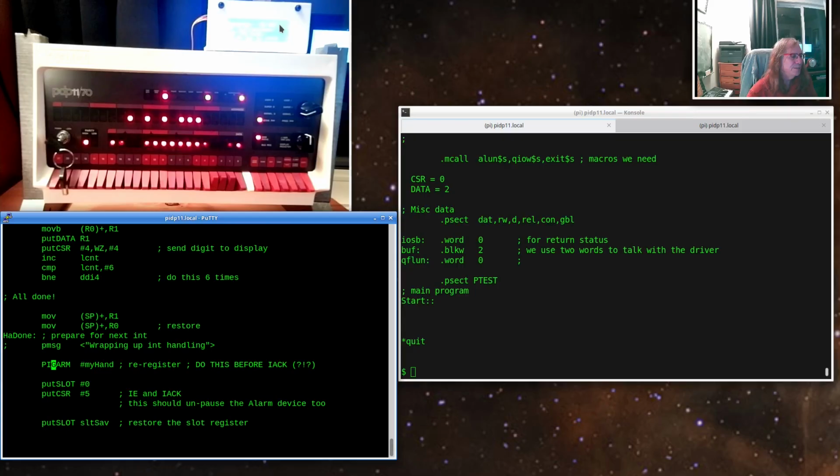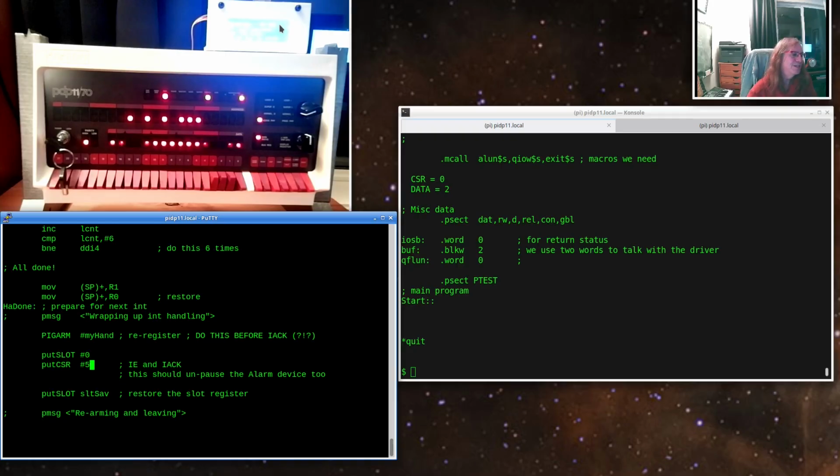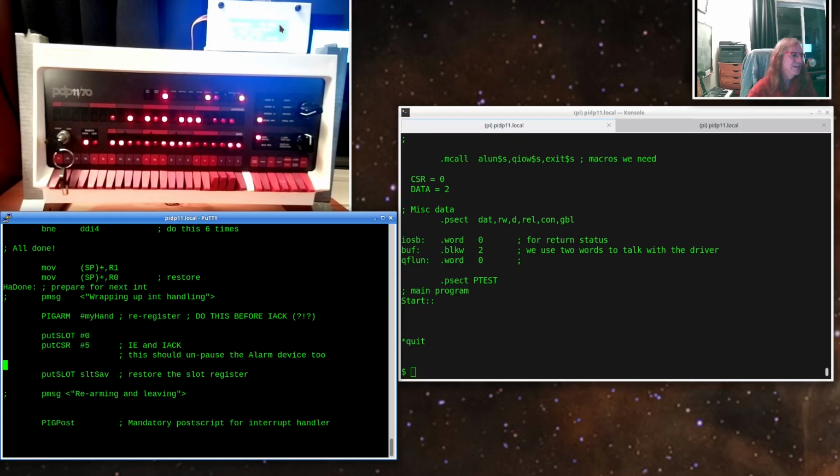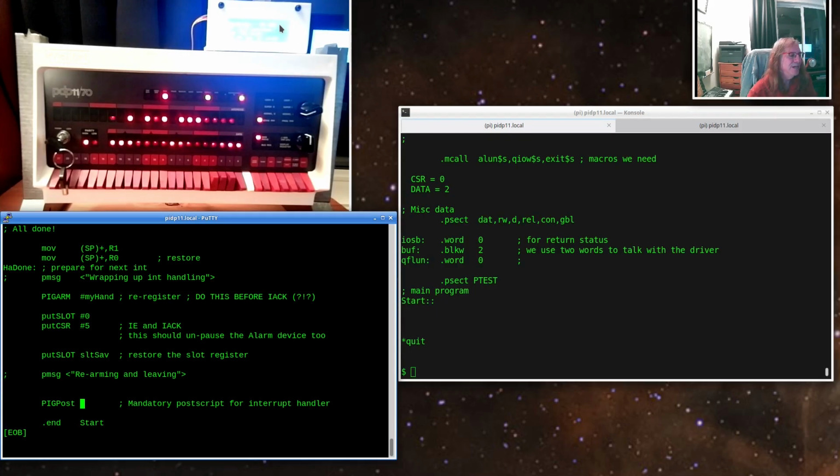basically we rearm. So I say pig arm and give it my handler. We make sure we do that before we acknowledge the interrupt. So when we set bit 2 of slot 0 CSR to a 1, that's the interrupt acknowledge bit, which allows interrupts to occur after that. We restore whatever slot we were looking at before the interrupt, and then pig post takes us out of the interrupt handler. So all of that,